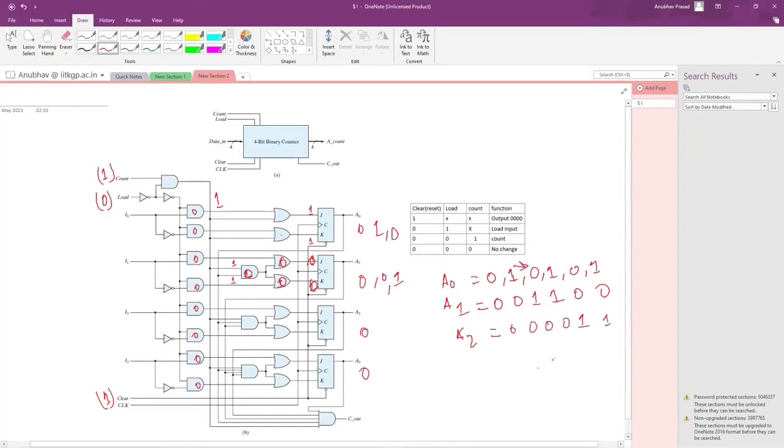And similarly for A3. And when all of them are 1, that is the max value this 4-bit counter can have. So this will give the carry out. This is when we have count as 1 and load as 0.